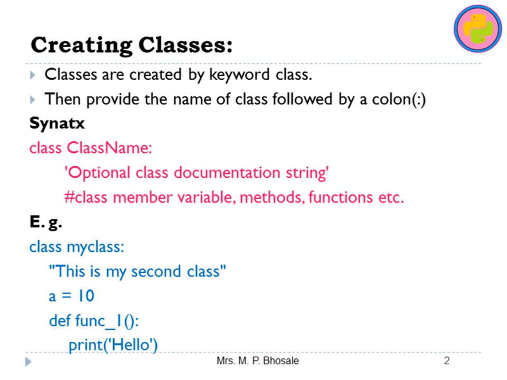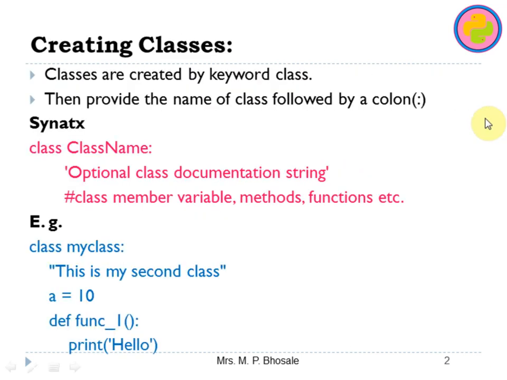So, how to define Python classes? Classes are created by the keyword class, and then we provide the name of the class, and at the last we put the colon. After that, when we press the enter key, we get the indentation as always to specify the block of class. So the very first thing that we can do is write the purpose or information about the class, which is known as a document string, and then we can write various class attributes which may include variables, methods and functions.